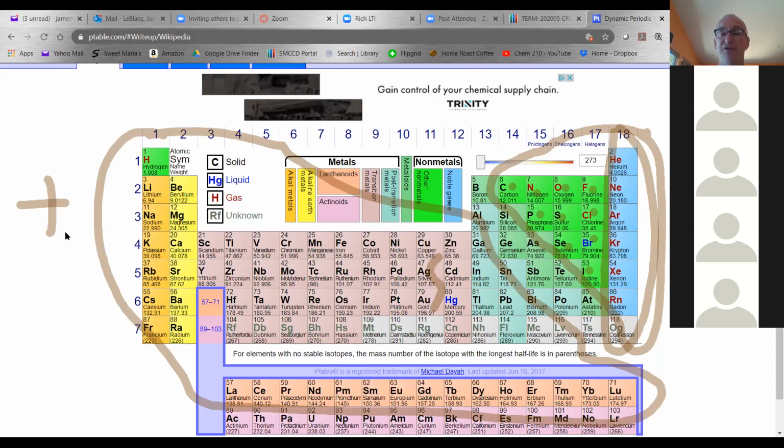Now, if I have two nonmetals reacting with each other, like carbon and oxygen, or carbon and nitrogen, or phosphorus and oxygen, those sort of things, they form covalent compounds, which aren't charged, meaning they share electrons equally. Not quite equally, but they share electrons. Whereas ionic compounds are charged. One element gives its electrons away, and the other element takes them and keeps them, so that they have a charge on them. So let's go back.